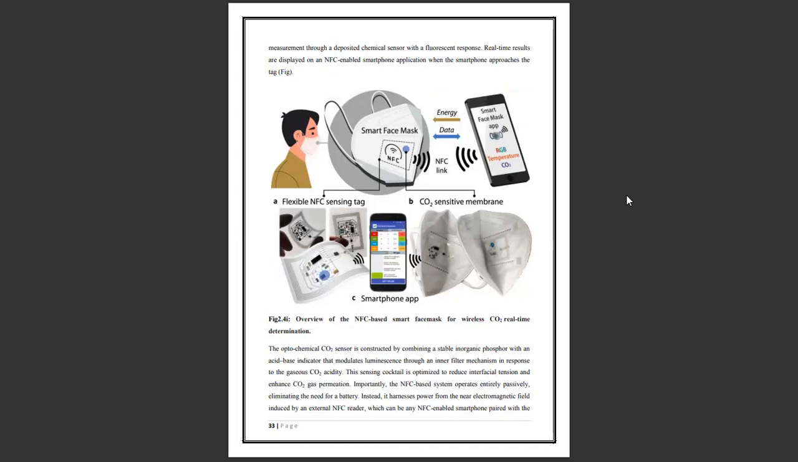Real-time results are displayed on an NFC-enabled smartphone application when the smartphone approaches. As usual, you can look at the figure. The figure shows an overview of the NFC-based smart face mask for wireless carbon dioxide real-time determination. If you look at A, the flexible NFC sensing tag; B, the carbon dioxide sensitive membrane is used; and number C, the smartphone app. So the optochemical carbon dioxide sensor is constructed by combining a stable inorganic phosphor with an acid-base indicator